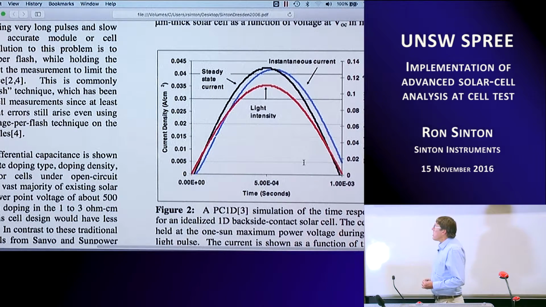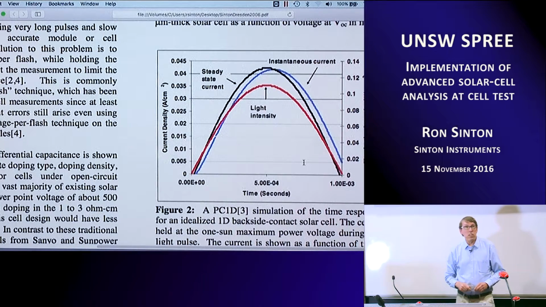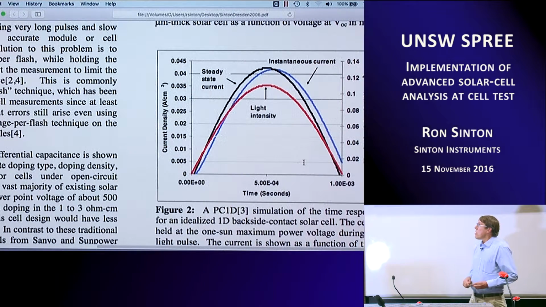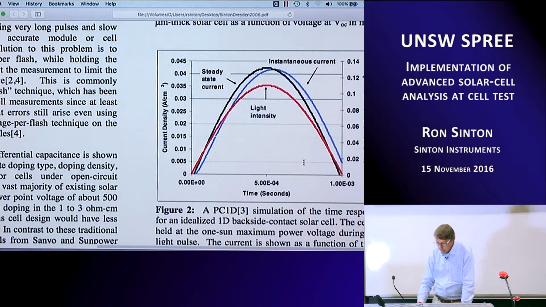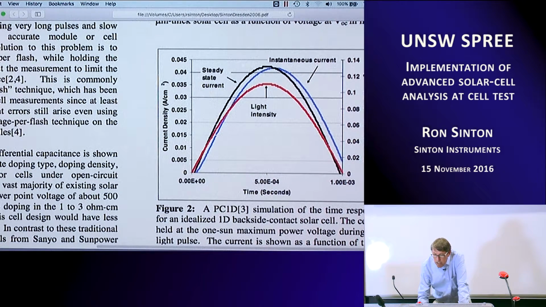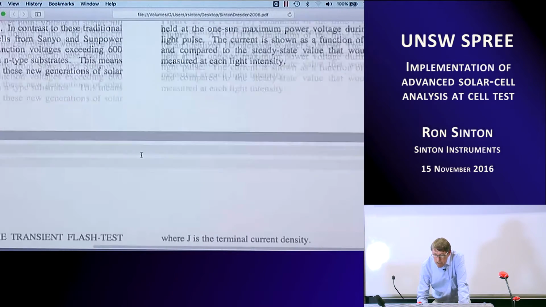And in black, we show the steady state current. And of course, it behaves as you would want it to. It follows the light intensity precisely, totally in phase. And so you would get the black curve if you did this half sine wave over 10 seconds instead of 1 millisecond. So the trick is, by using this constant V plus JR sub S,